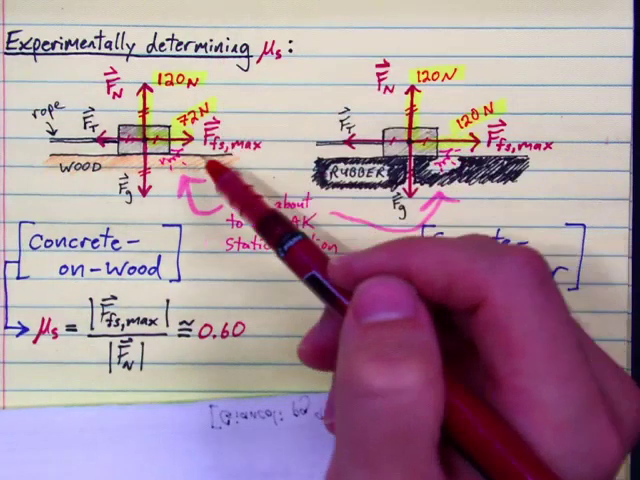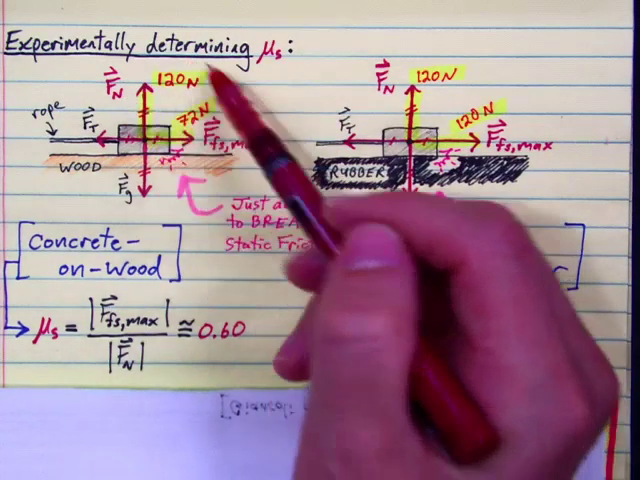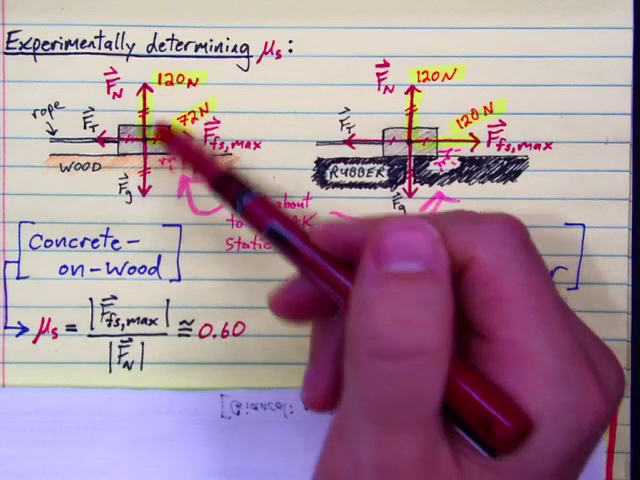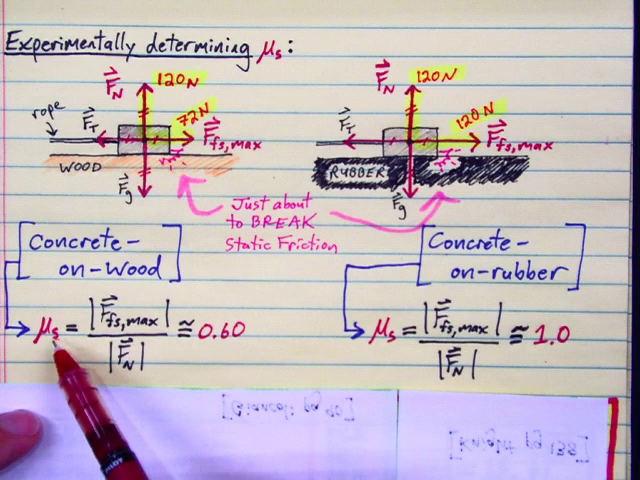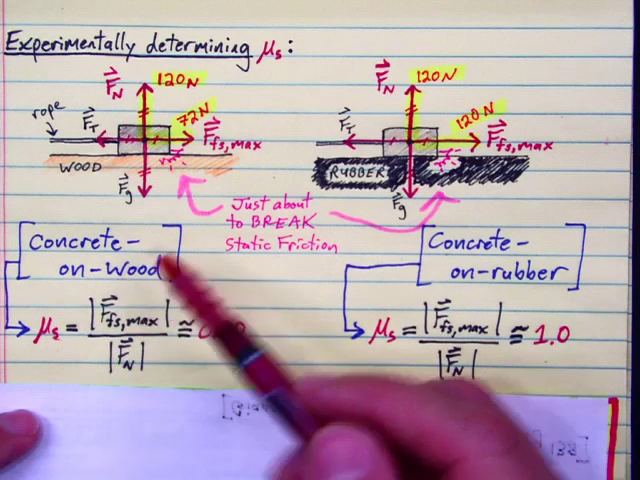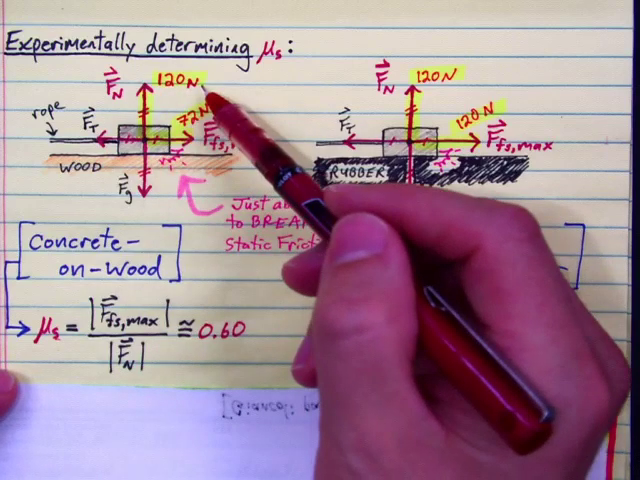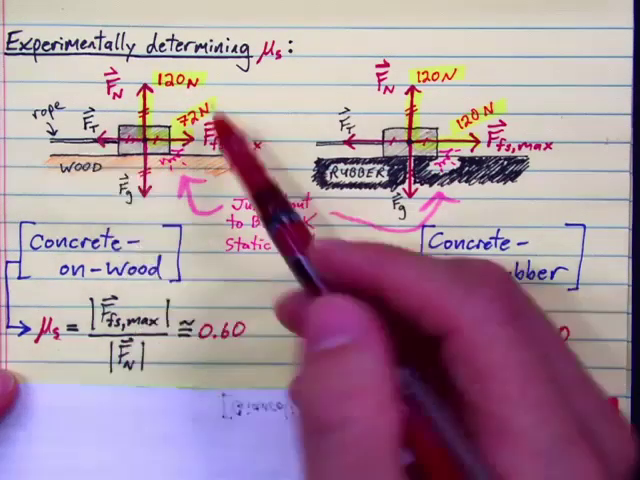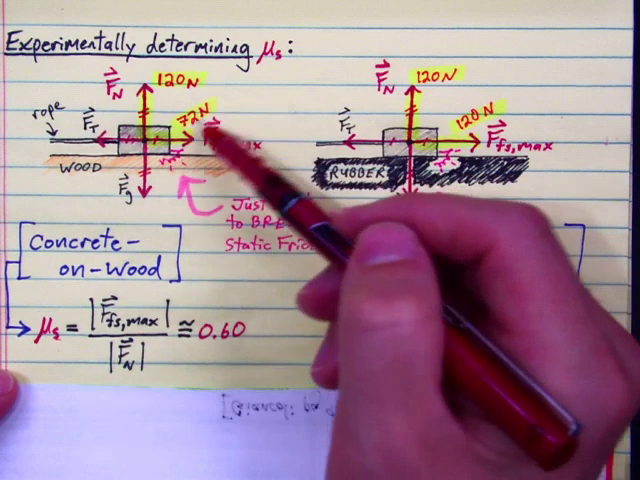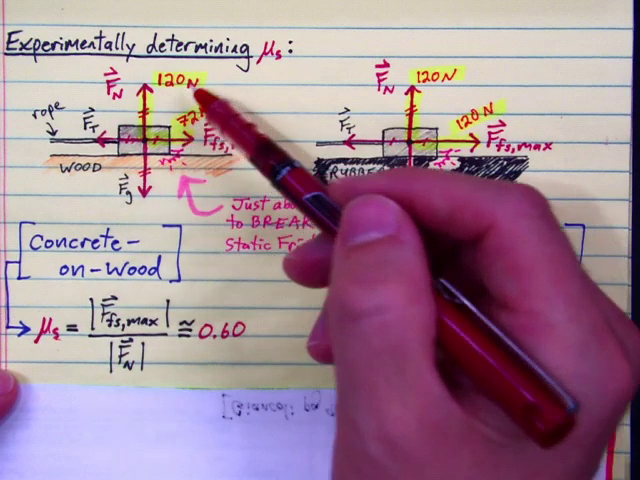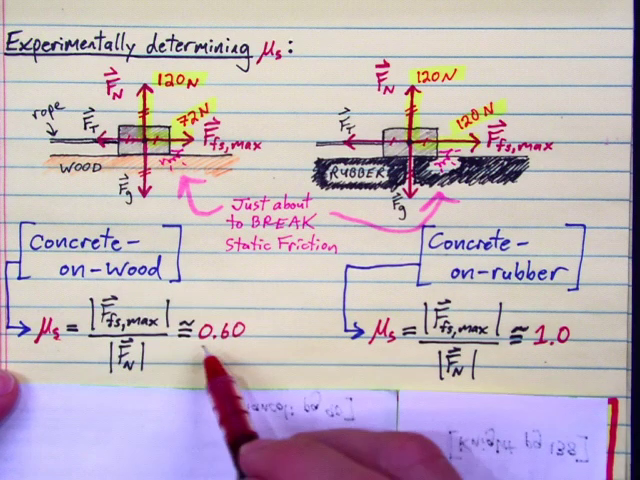And then if we take the ratio of the maximum force of static friction to the value of the normal force, which we know will be equal to the weight of the block, then that ratio is exactly what we mean by the coefficient of static friction for these two surfaces. So you put a cinder block on wood, and if the cinder block has a weight of about 120 newtons, you'll find that you have to pull with a force of at least 72 newtons to get that cinder block to move. 72 is about 60% of 120, indicating that the coefficient of static friction for concrete and wood is